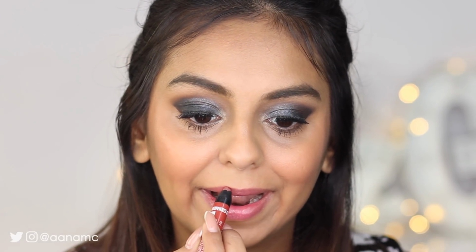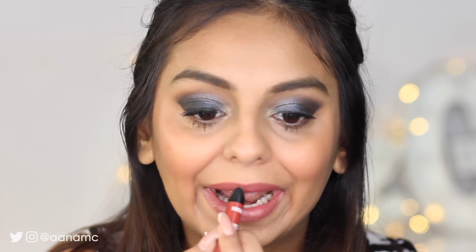This product is so bomb. Then I used the Lakme Enriched Lip Crayon in the shade 09 Brown Cinnamon. It's a really nice nude, but unfortunately it's slightly glossy, maybe because of the lip balm that I used, because otherwise it's super matte. So I dabbed it out with a tissue and went over to using my Lakme Shimmer